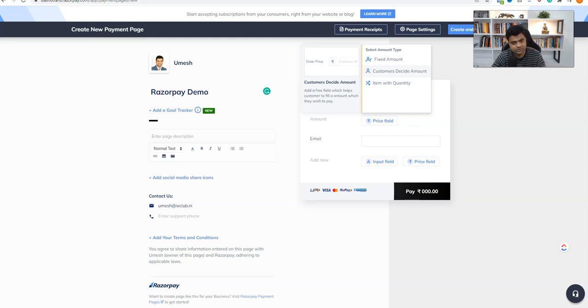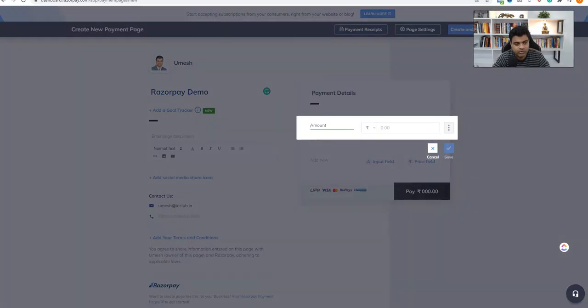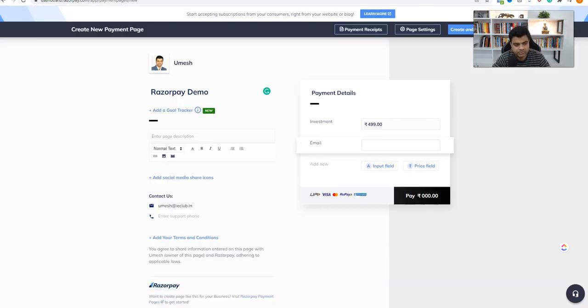But I'll be collecting a fixed amount. So I can change this to investment, say 499 rupees, and click save. And what are the options that you want to collect?